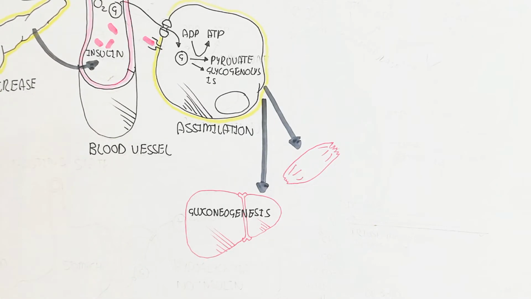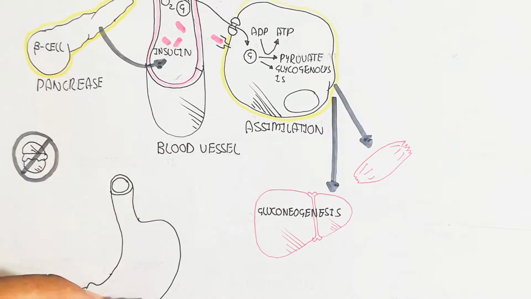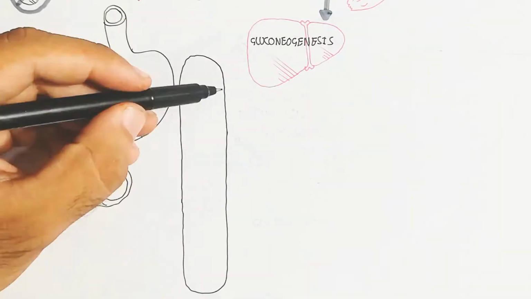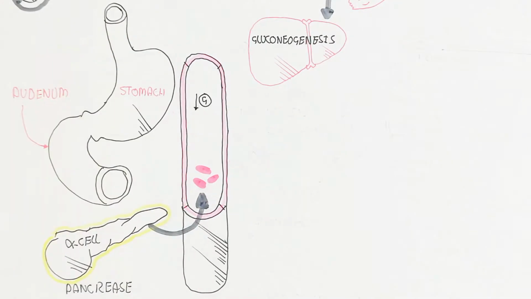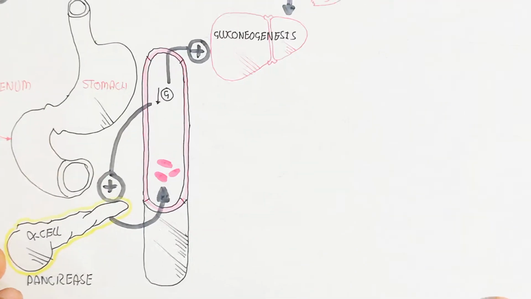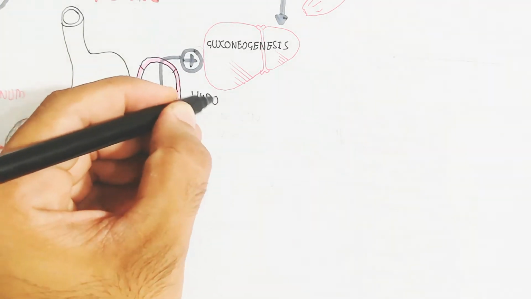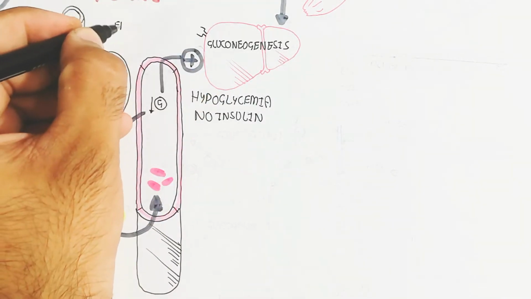Remember, this is the blood vessel, and this part in the cell is known as assimilation. During the fasting state, here are the stomach with duodenum and pancreas, and the circulatory system. Hypoglycemia occurs when we do not eat, which stimulates the alpha cells of the pancreas to produce glucagon, which leads to a decrease in